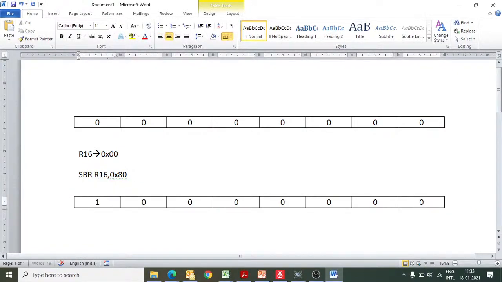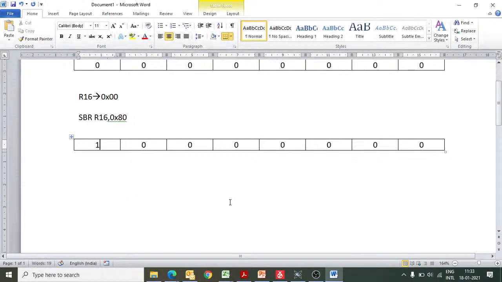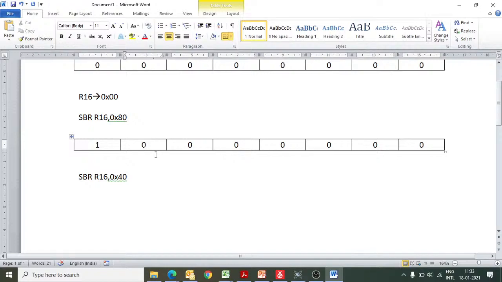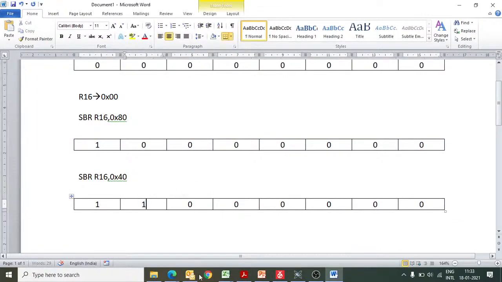0x80 means this bit position will become 1. After this, if I give the instruction 0x40, what will happen? This bit position will also become 1.